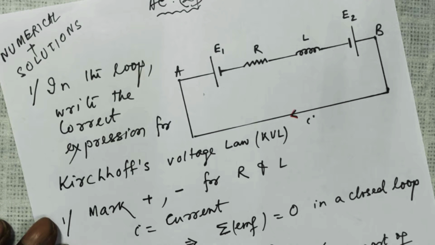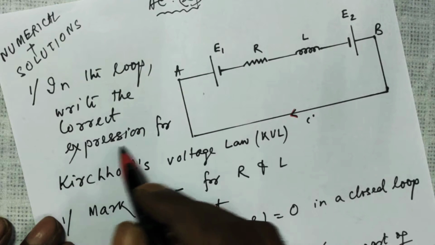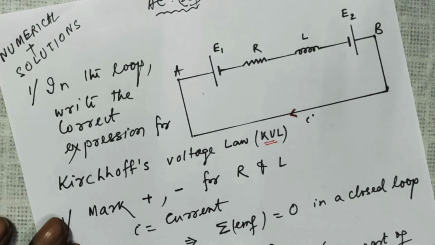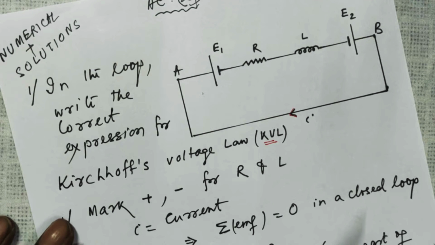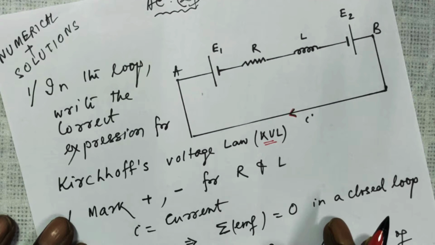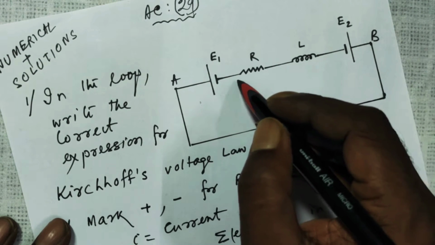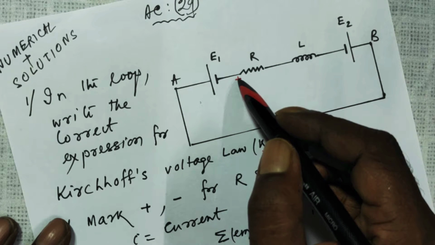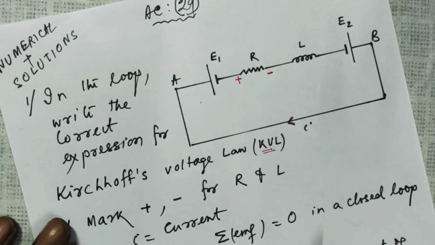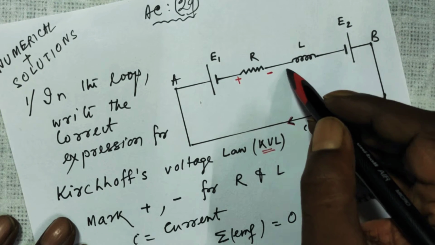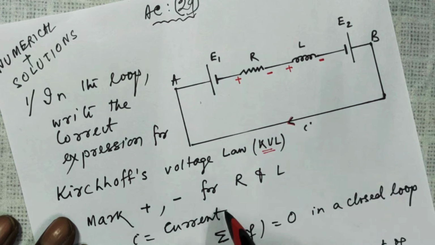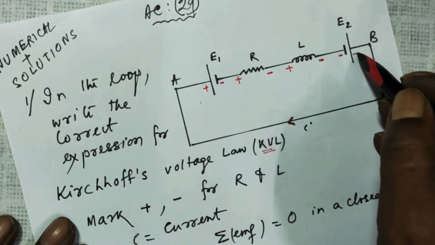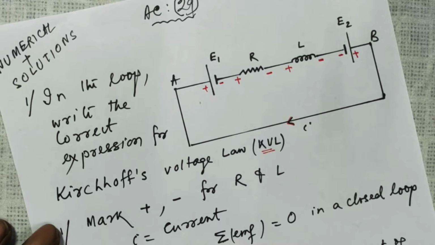Now we have to write the correct expression for Kirchhoff's voltage law, called KVL. So पहले क्या करना होगा, जैसे मैंने करंट इलेक्ट्रिसिटी में बताया था, the direction from which the current enters, mark it as positive. The current entering the resistance from this end is positive, leaving this end is negative. Entering the inductor from this side, this is positive, this is negative, and as the symbols indicate, negative, positive, that's all.